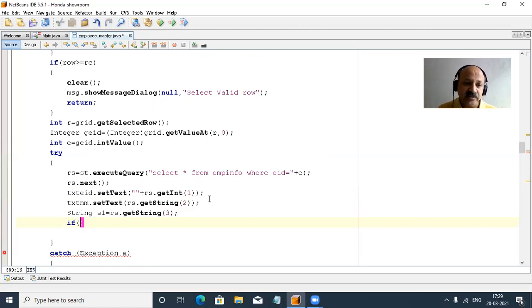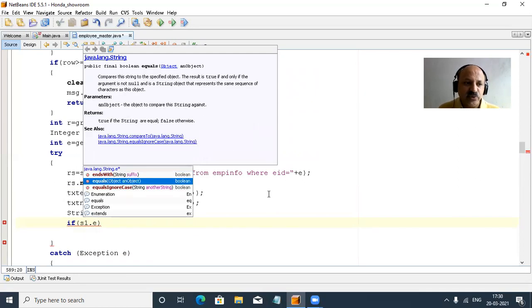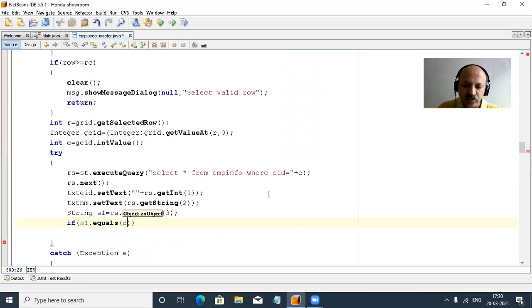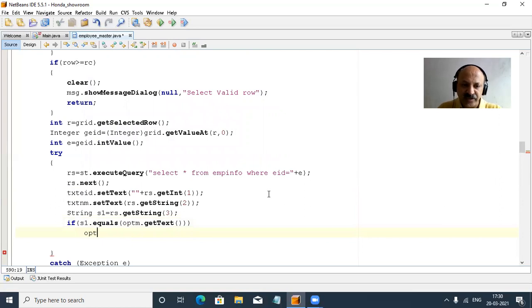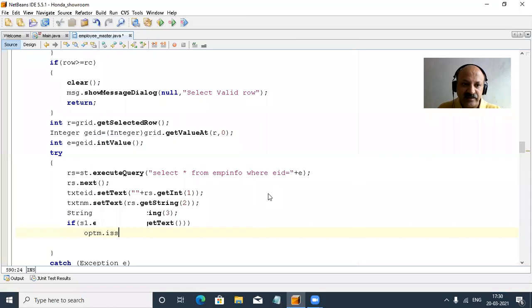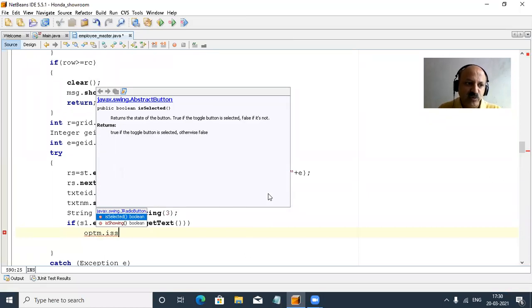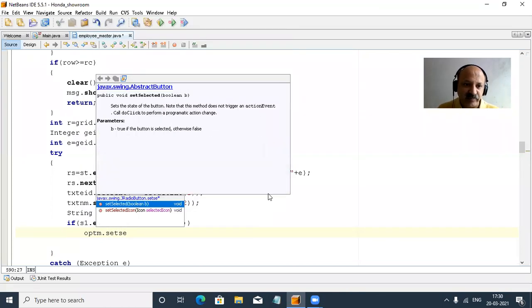Here we use an if condition: s1.equals, and then our radio button id optMale's getText. If that text matches, then optM for male, opt is option button, or you can use rb for radio button, and we call setSelected and pass true.